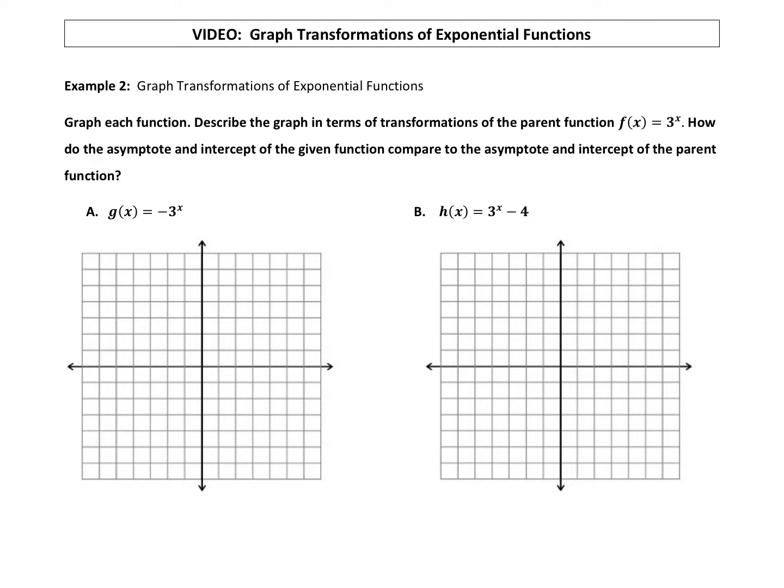Okay, so now that we understand what an exponential function kind of looks like and we've identified some key features, let's graph some that might have some transformations. So we're going to graph those and compare our functions to the parent function f of x equals 3 raised to the x power. How do the asymptote and intercept of the given function compare to the asymptote and intercept